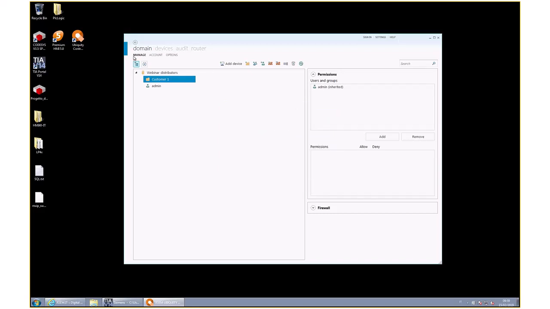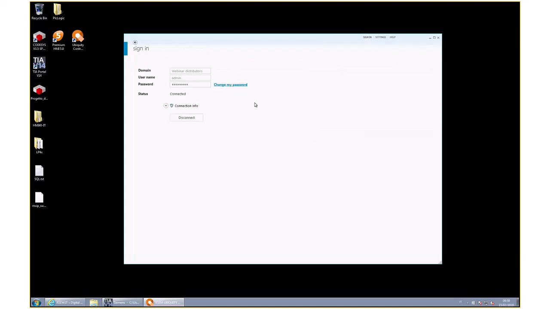Now let me go out from this because I would like to use the demo. Sorry, the ASM demo domain, which is already populated. We have devices here. So I'm connecting with my account. You will get an account on ASM demo. So when you show Ubiquity to your people or your